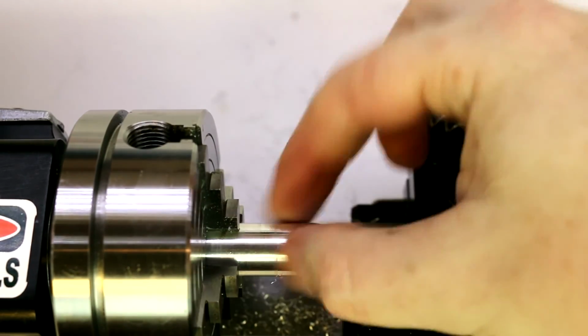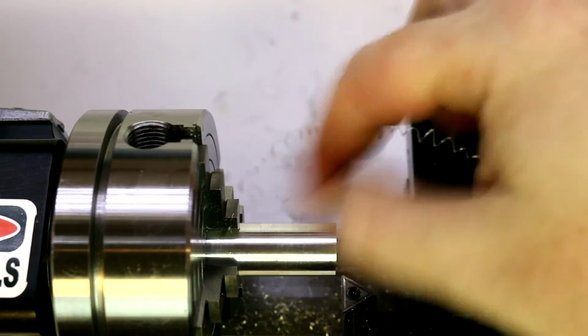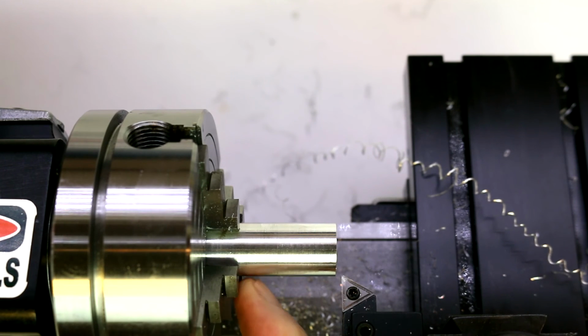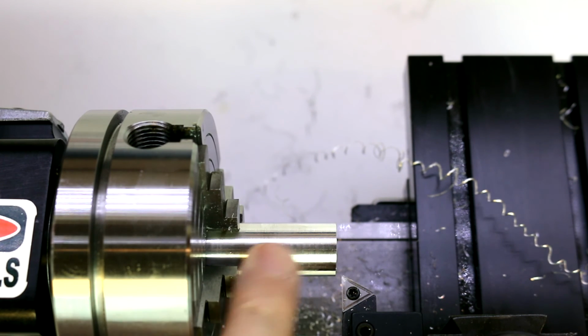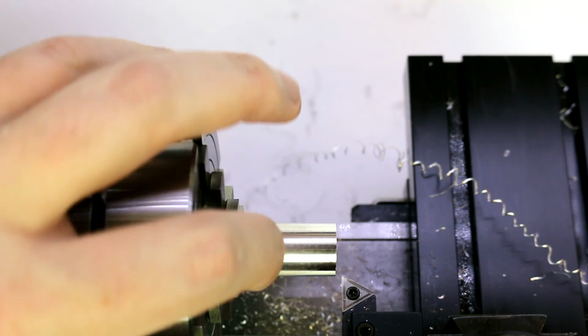So now from a feel standpoint, there's no line there. You can't feel any ledge or bump anywhere around the piece, including using your fingernail to check. So we're fairly well centered, and we're able to turn that down after flipping it. And this is really the advantage of the 4-jaw. If we'd taken a little bit more time, we could have gotten it even better than we do have here. Although visually,